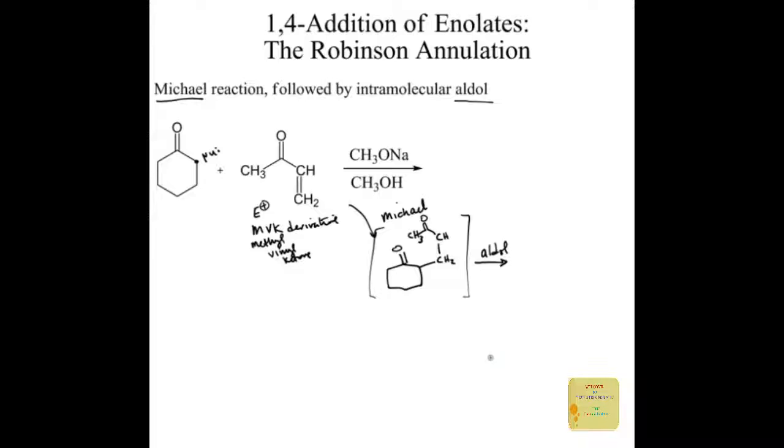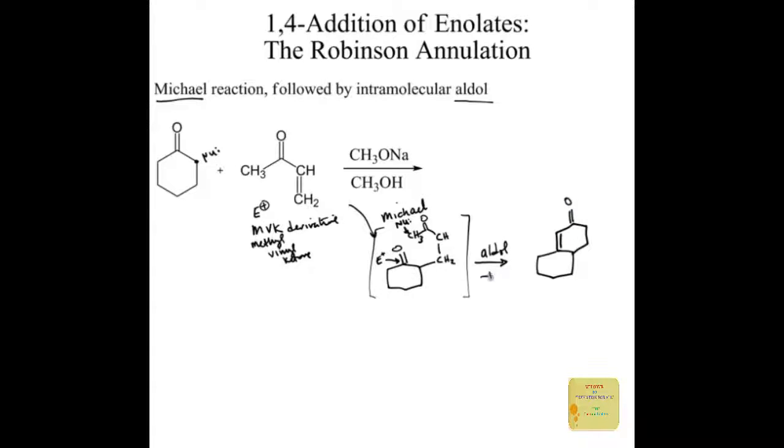What does an aldol mean? It means we have an enolate, the alpha carbon of one attacking the carbonyl carbon of the other. So we have an alpha carbon right here. There's our nucleophile. And 1, 2, 3, 4, 5, 6 atoms away, very conveniently, we have an electrophile. We'll always end up 6 atoms away if we have a methylvinyl ketone sort of electrophile that we're adding to. So what happens is we now have an aldol reaction where we form a 6-membered ring,